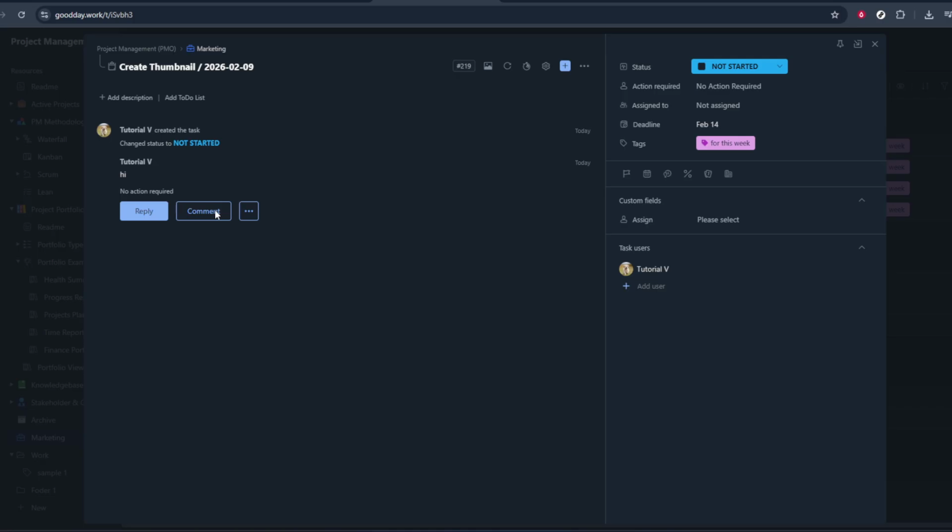Once you're happy with your message, look for the button to submit your comment. This is usually labeled Submit, Send, or Post. Click on Submit to publish your comment to the task. After you submit, your comment should immediately appear in the task's comment or activity section, visible to anyone who has access to that task. That's all you need to do to